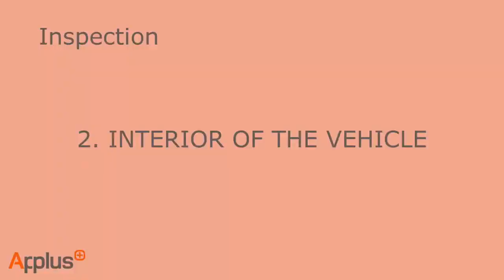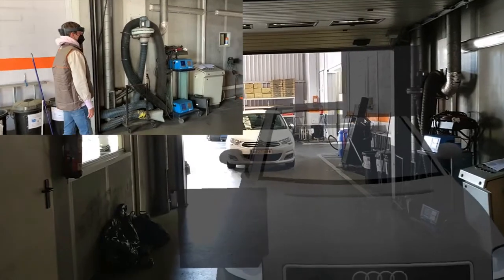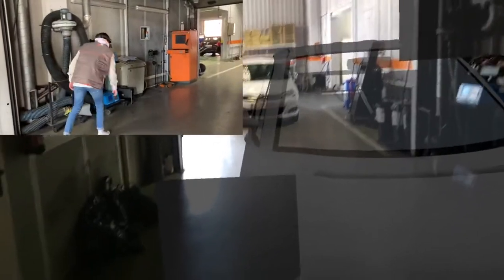Now we can move on to the interior of the vehicle. We can click on the QR code in order for the video to pop up. We will now take a look at the interior part of the vehicle, for which we will take into consideration